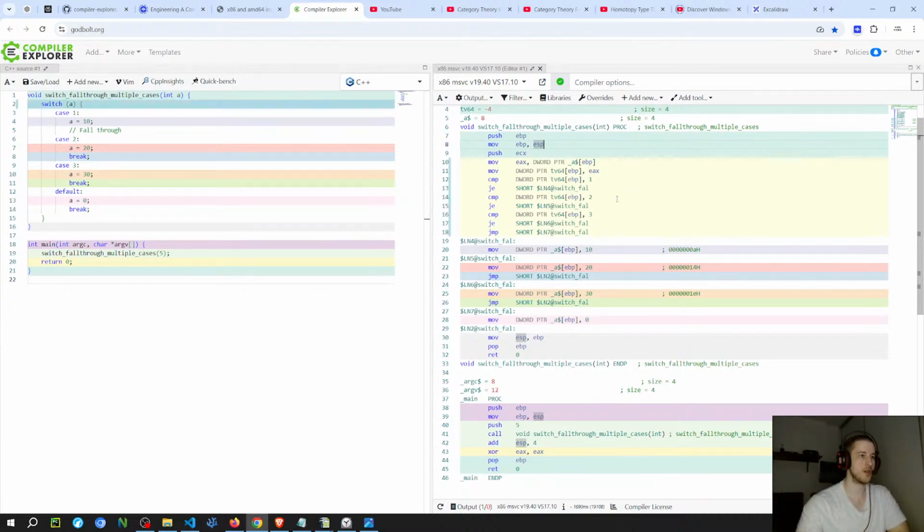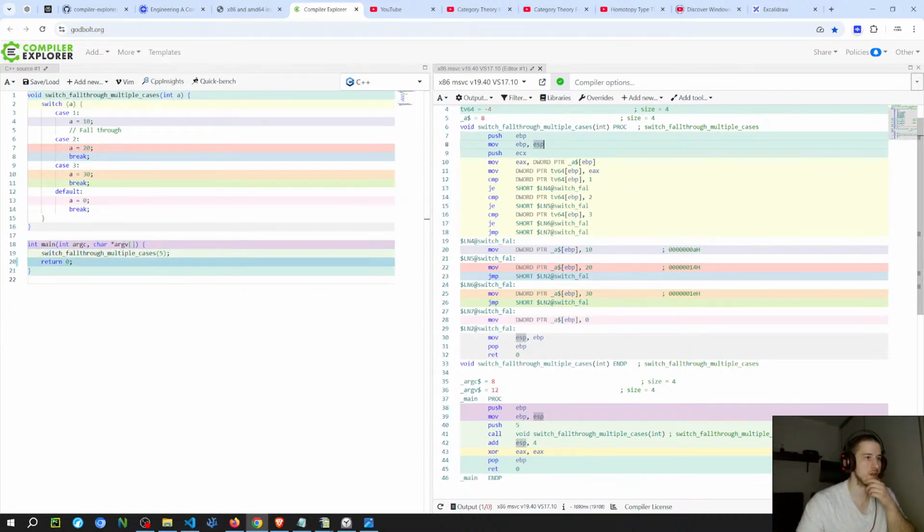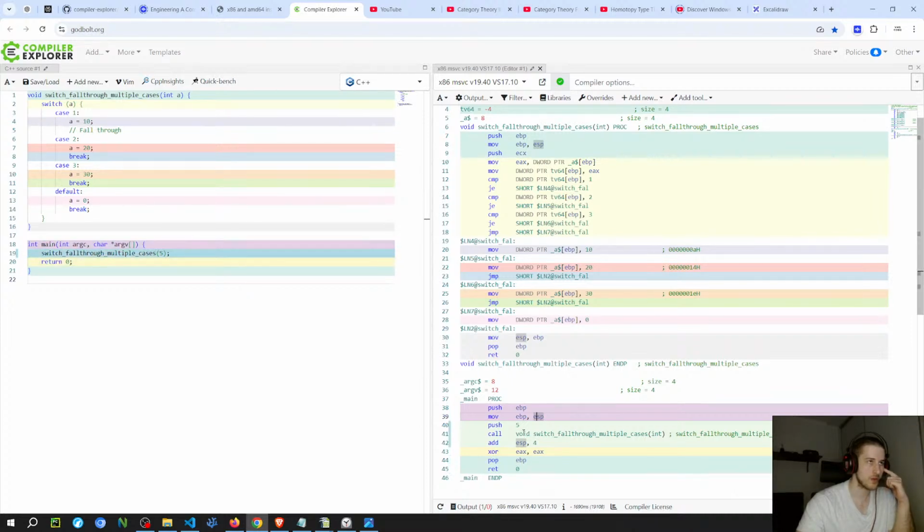So in the beginning there, it pushes EBP, and then it moves the current stack pointer to the base pointer. Then it pushes 5, which moves the stack pointer 1 row. Then it calls. And so this one here would be the previous value of ESP before the push, I think.